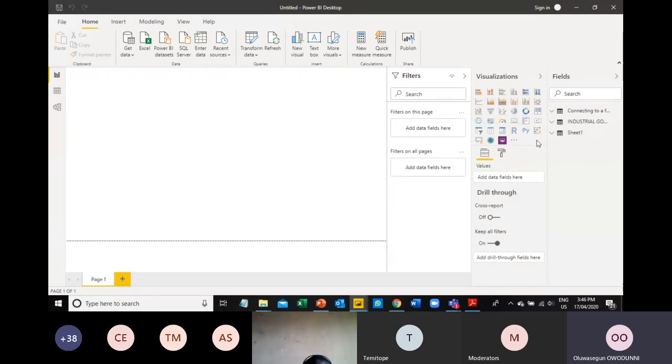So I've loaded this. Maybe I should show us a few things as regards this. What happened is that I've connected to the web, I've connected to PDF, I've connected to Excel, and I've connected to a folder. So the 3 files here have been loaded, but the sheet 1 here is for the folder. So let me just show us